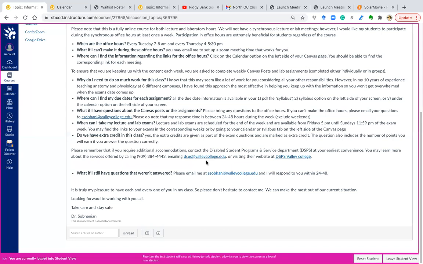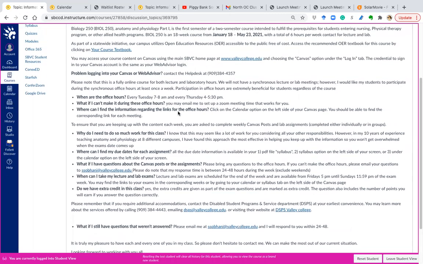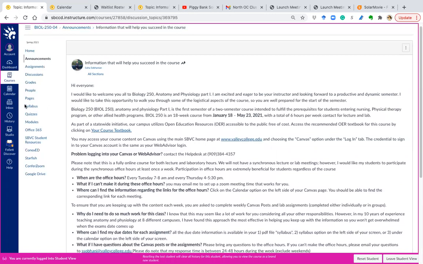Okay. And I already answered the question about where you can find the due dates for each assignment. One place that I have mentioned is your calendar option, which was right here on the left-hand side. The other option that I'm going to show you is under the syllabus option. So if I click on the syllabus right here,